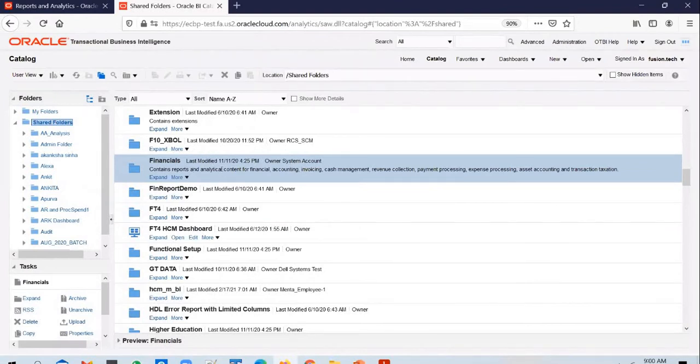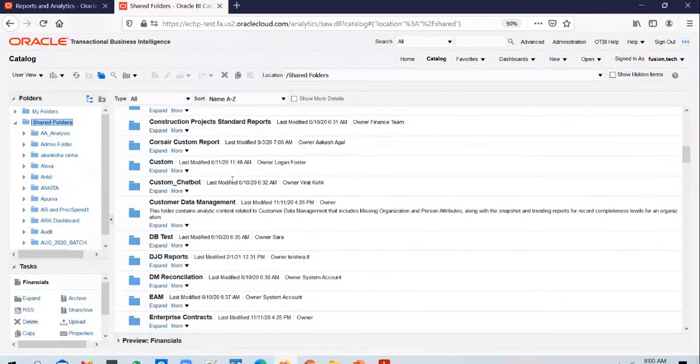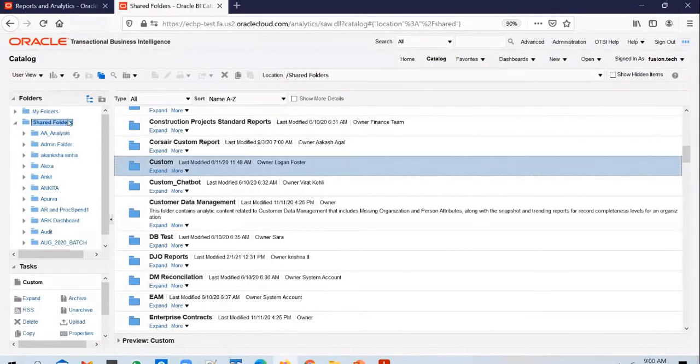That's point number one. Point number two, where do you have to create your report? So we are going to create a BIP report now, right? Where do you place it? We place a BIP report in a folder called custom folder. Under shared folders, you will have a folder called custom folder. Don't get misled by the name.